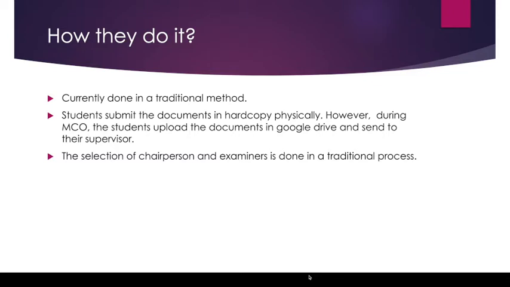The students need to submit the dissertation report, presentation slides, and the video through Google Drive or an email, or before Corona, it used to be submitted in hard copy physically in the office. And the selection of a chairperson and examiner is also done in a traditional process by the supervisor.